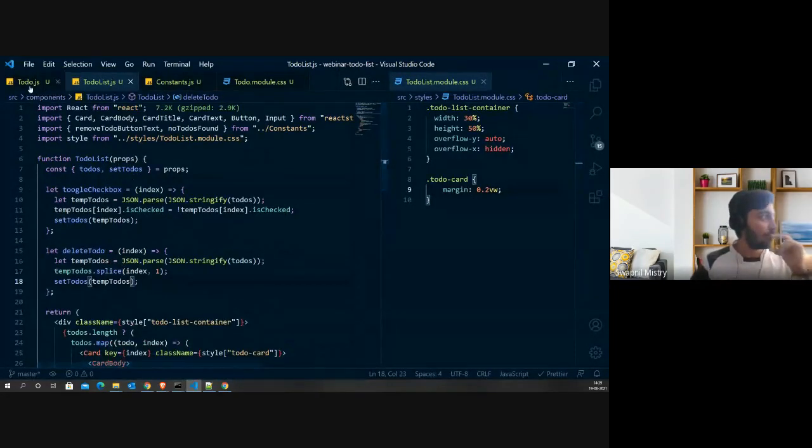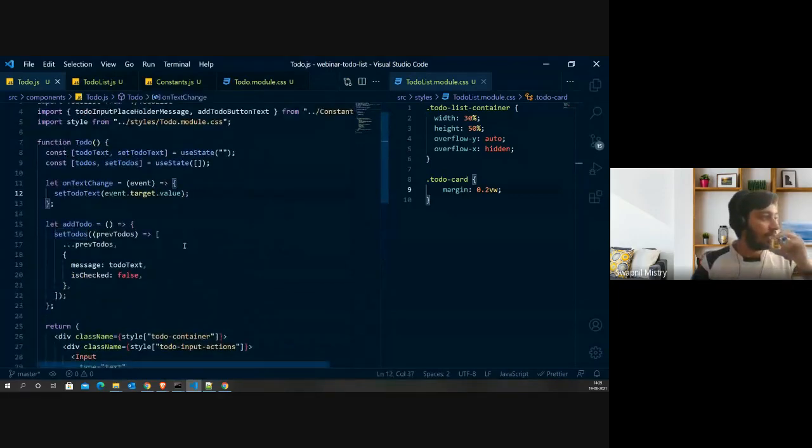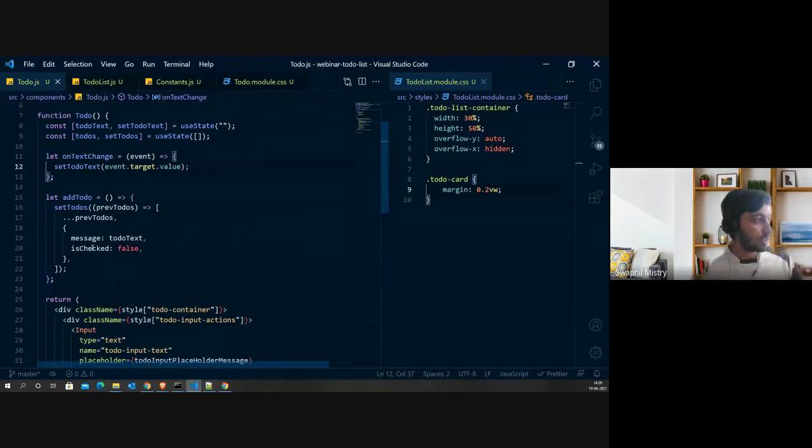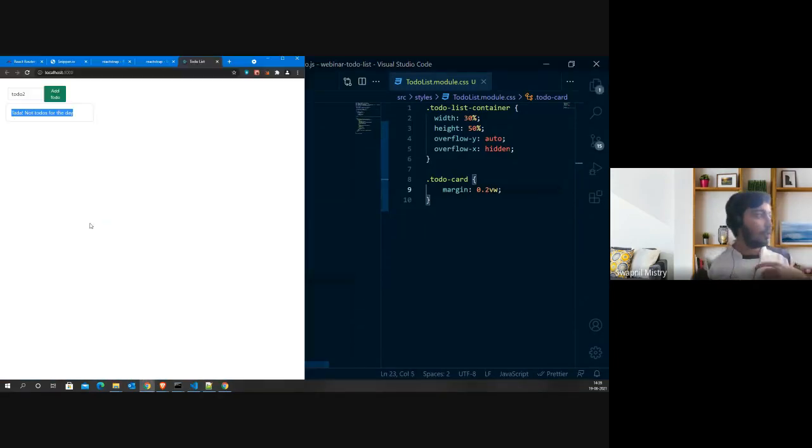What you can do for improvement now, let's just try to clear the text whenever someone adds the to do, right? Right now what's happening is that if I try to add the to do, this text is staying in place, right? We want to make sure that whenever someone adds the to do, we should clear it.